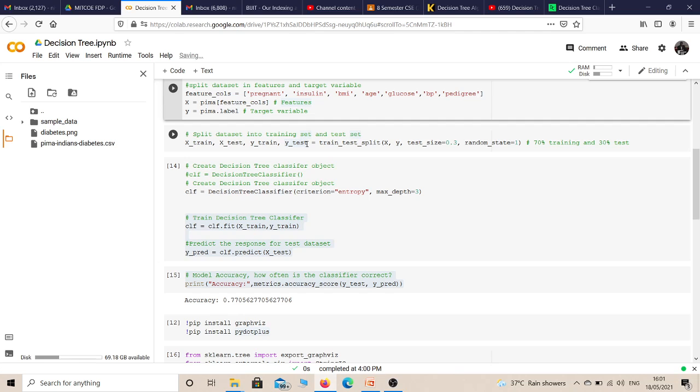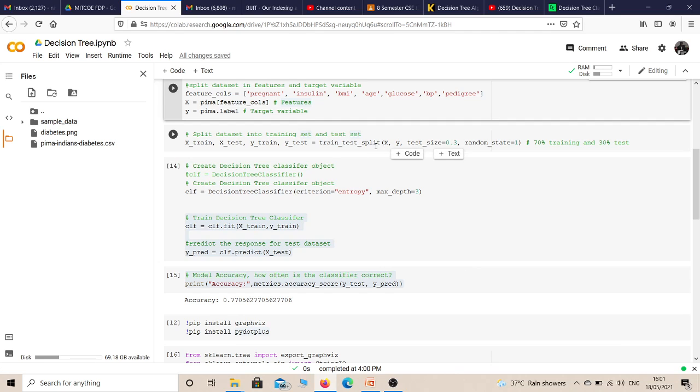Initially, what we had done was divide the dataset into x and y, but now we have divided our dataset into 2 parts, train set and test set. For training we have an x value and y value. Similarly for testing we have an x value and y value. That's why 4 outputs are given: xtrain, xtest, ytrain, ytest, and we are using this function. It randomly splits your dataset 70% into training and 30% into testing.